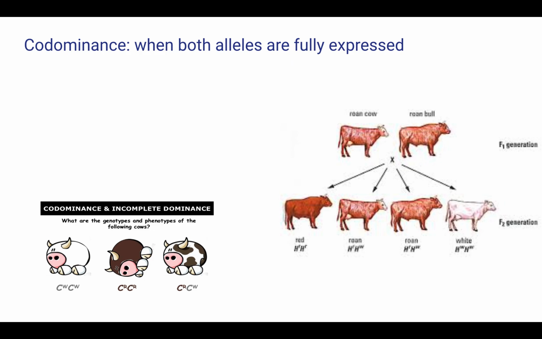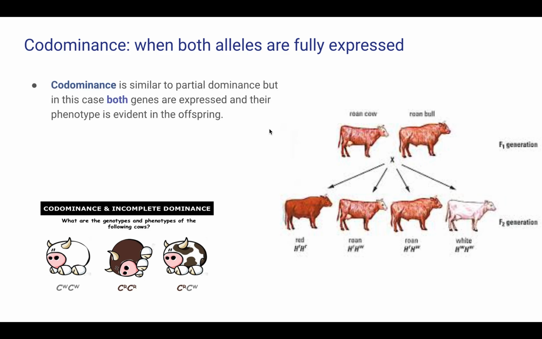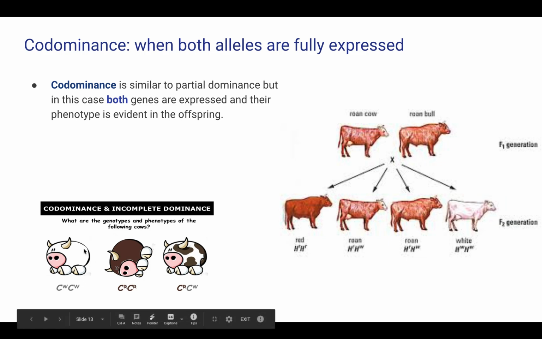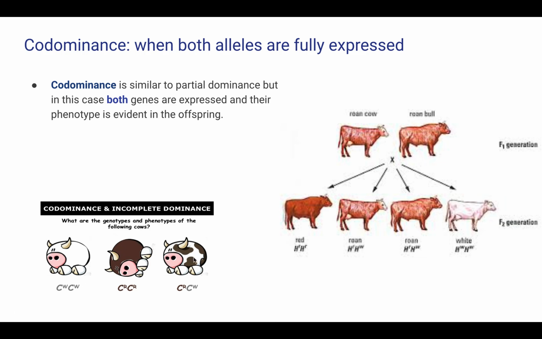Now, similar but different is codominance, and you will need to know the difference between these. So in codominance, similar to partial dominance, but in this case, both genes are fully expressed. So you see them evident in the offspring. So let's have a look down here to start with. If you cross a white cow with a blue cow or bull, whichever way you want to say it, you